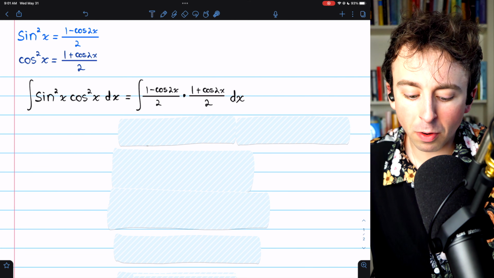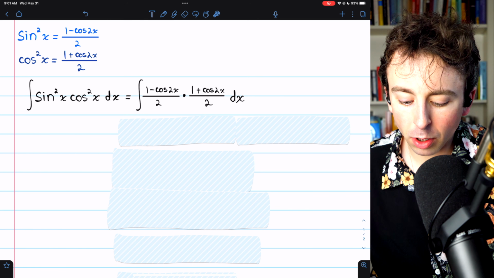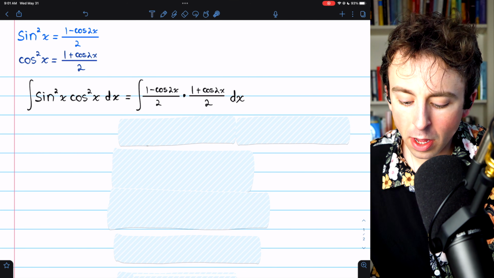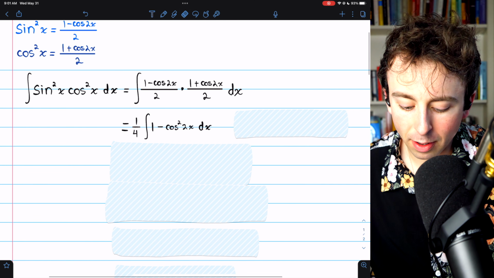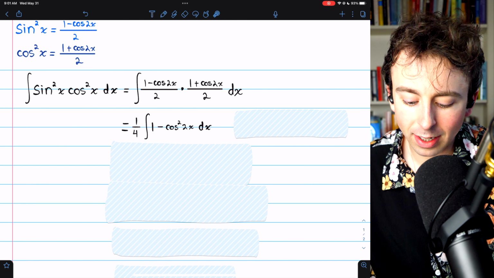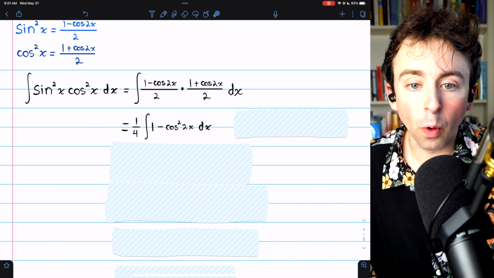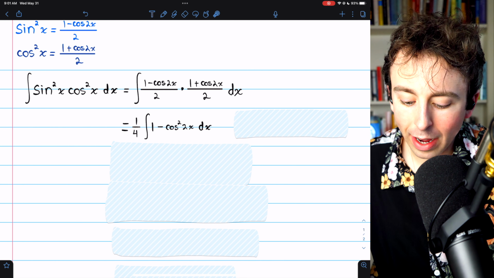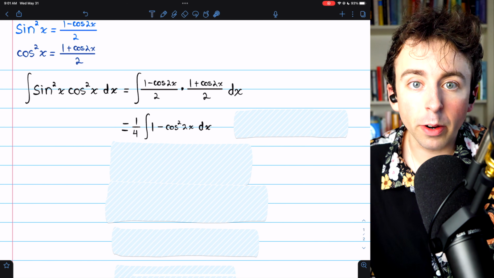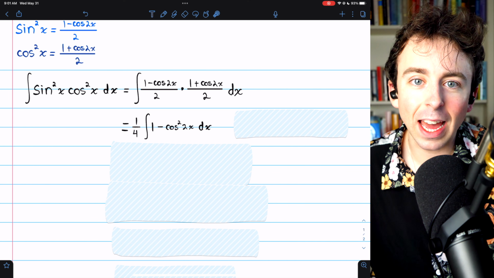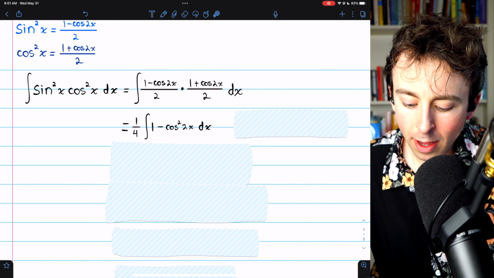Applying these formulas right away, we're able to rewrite the integral of sine squared times cosine squared as the integral of 1 minus cosine of 2x over 2 multiplied by 1 plus cosine of 2x over 2. And then we simply have to multiply these two things together. The half and the half can come out of the integral as a fourth. 1 minus cosine 2x times 1 plus cosine 2x, you might recognize that as a difference of squares factorization. When we multiply them together, the middle terms will cancel out, and we'll actually just be left with 1 minus